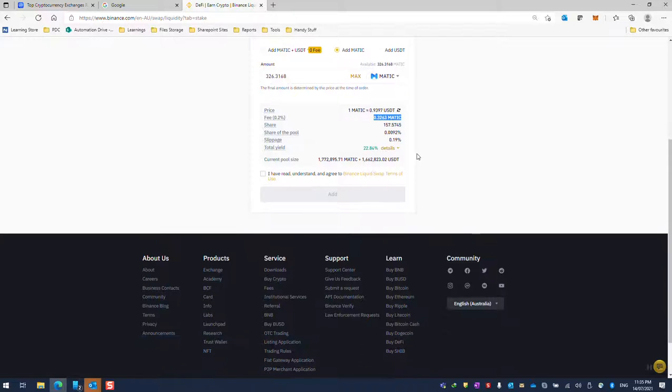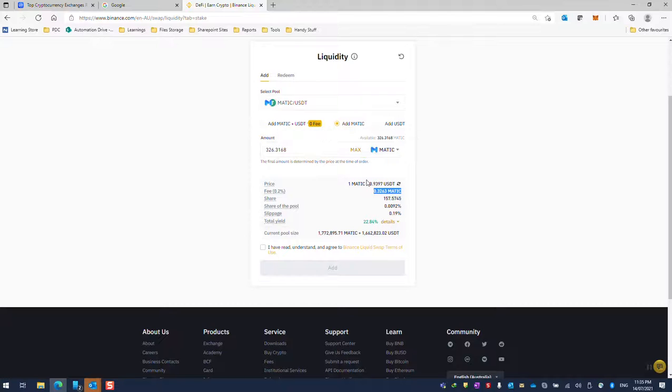What Binance is going to do is convert my 326 Matic into both a Matic plus USDT pair. So they will not add just Matic, but split it into two tokens and then add it back. I normally do it this way, adding one token, because that way at least I can remember how much it was when I added, and when I redeem, I want to make sure I get either more and not less than this. So if you go back